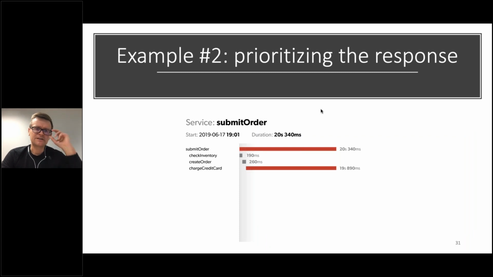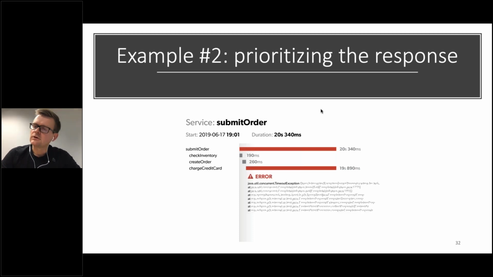Let's go back to the very same situation where the submit order microservice was invoked by John, 7 p.m. on June 17th. It failed, but what if the distributed tracing solution at hand would also not just highlight the span that the error originated from, but actually capture the error itself and link it to the span? And if the solution can do that, what if the solution can group the unique errors